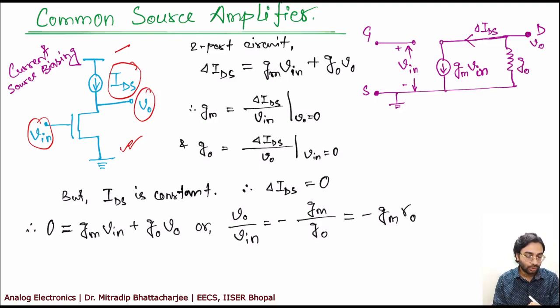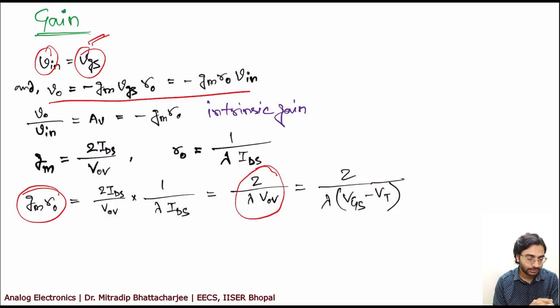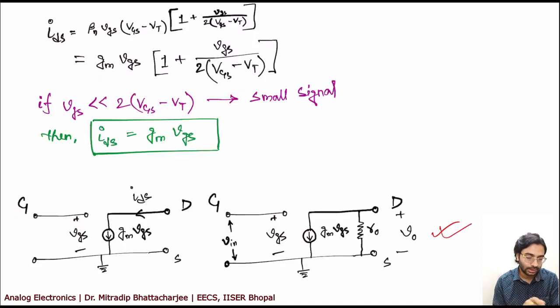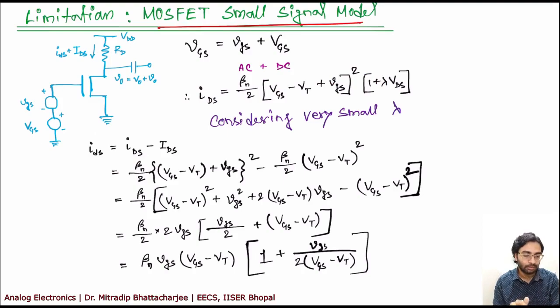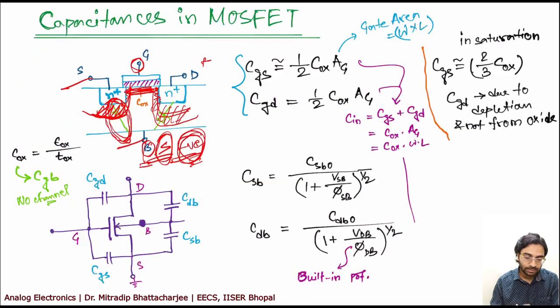So we know the equivalent 2-port circuit is like this. Why 2-port? Because outside also it is 2-port, inside also, on the input side also there are 2 ports. So I have already shown you the equivalent circuit for this previously when I was calculating gain. Even let me show you once, probably that will be helpful. So here, just before calculating gain, when I was finding the limitation of the MOSFET small signal model, then I also have shown you the equivalent circuit model, right?